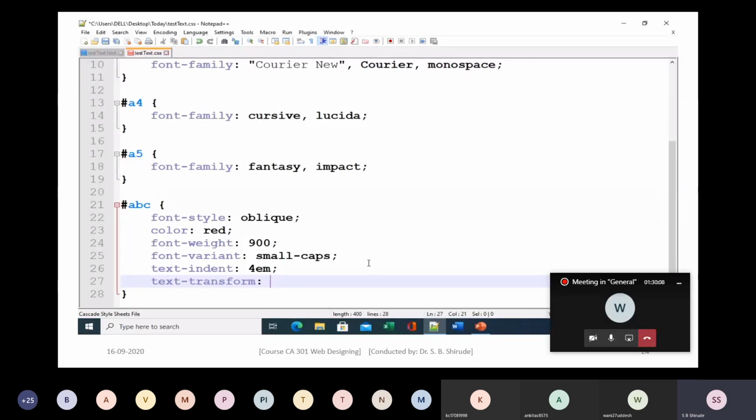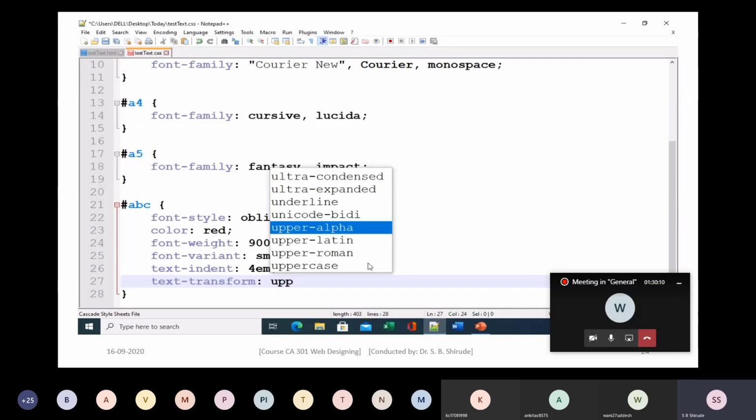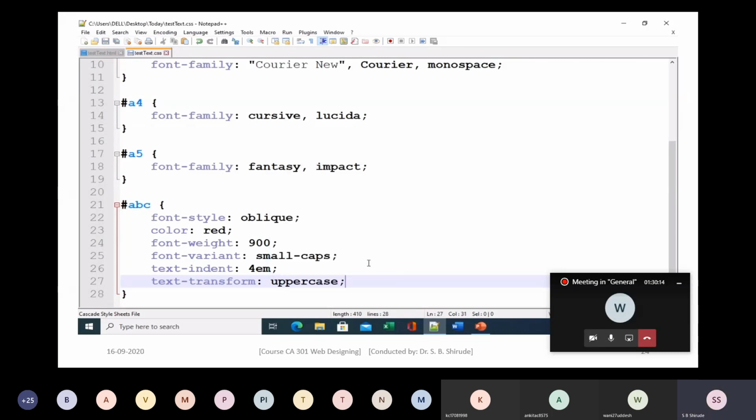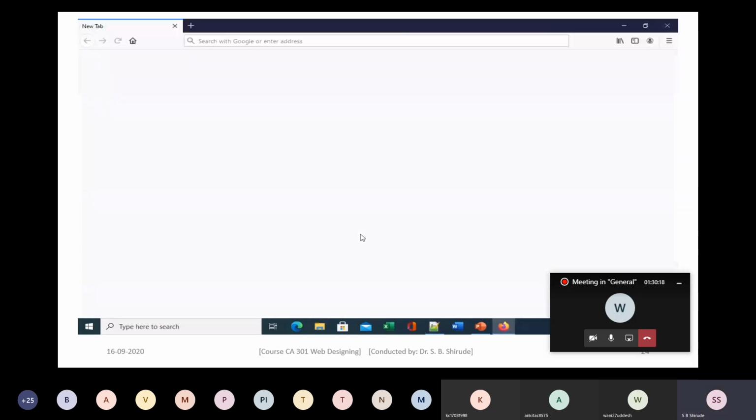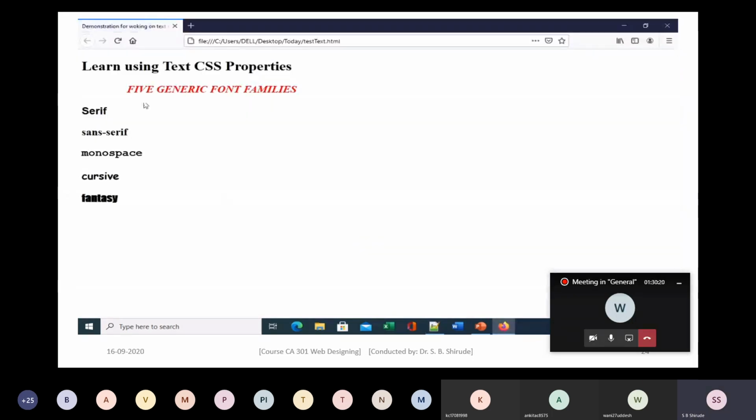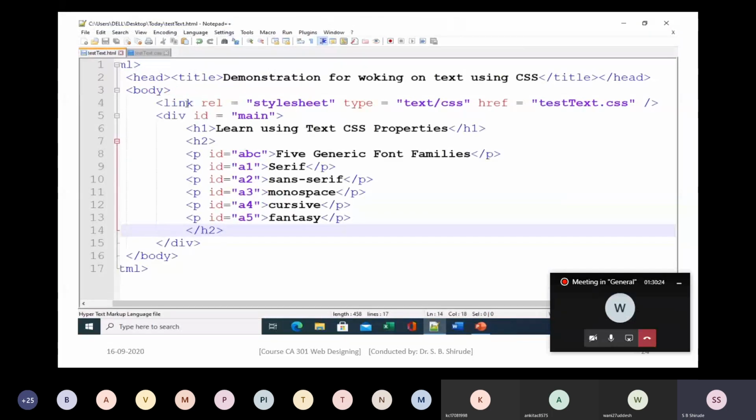Now text-transform, and for that the possible values: uppercase, lowercase, and so on. If I use uppercase, all are in capitals now.